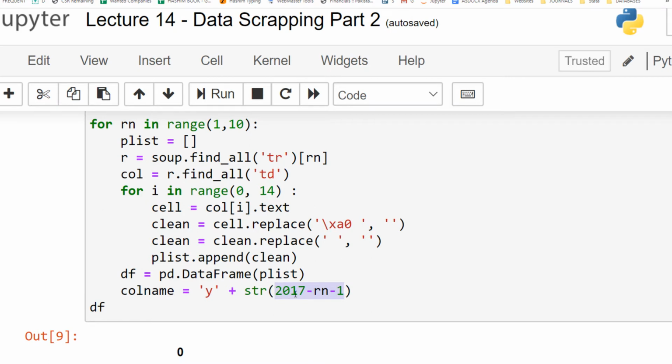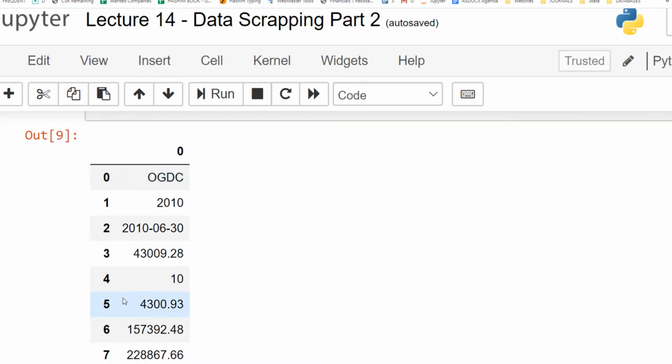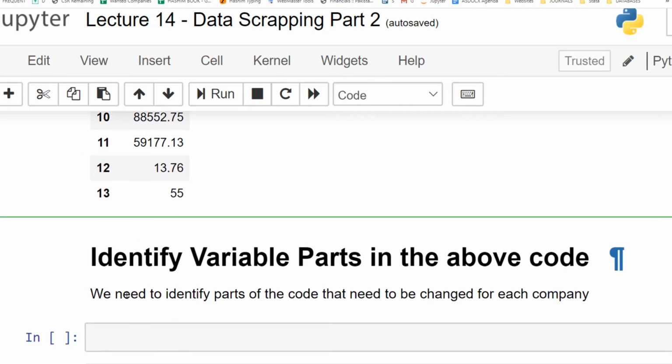But 2015 is still a real number, so we convert that to a string. And that string is then combined with y. So the whole text will look like y2015. So this will be our column name, and we will write this column name to the data frame. So this was our first row.